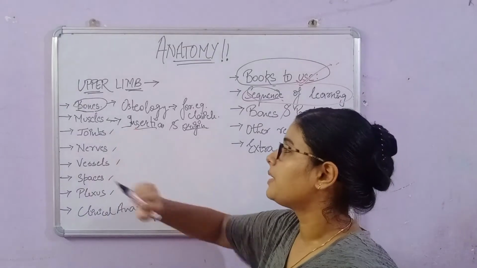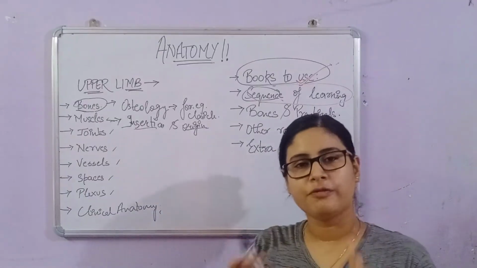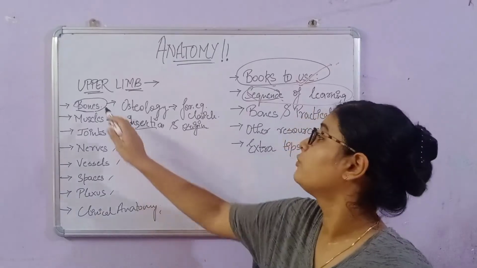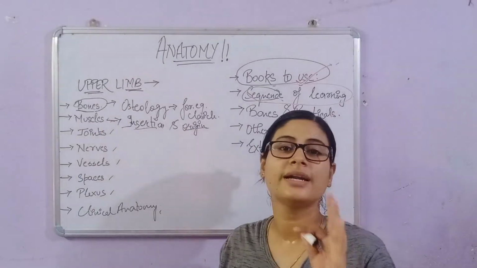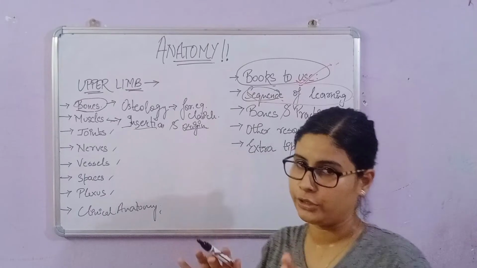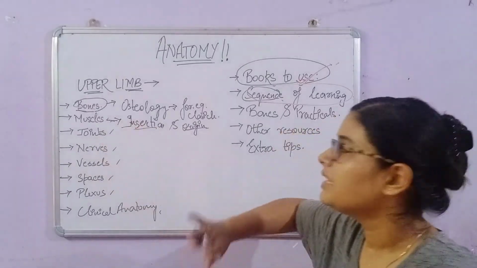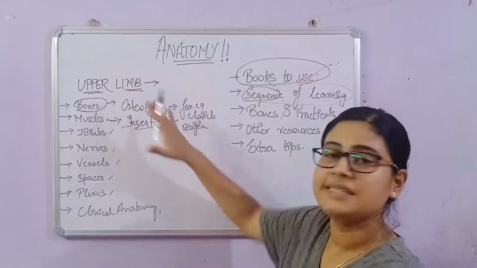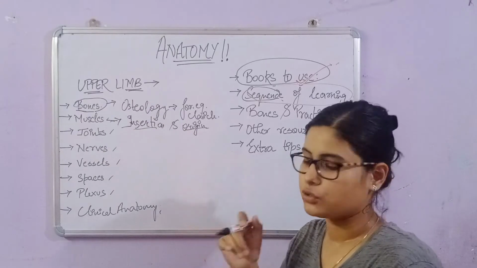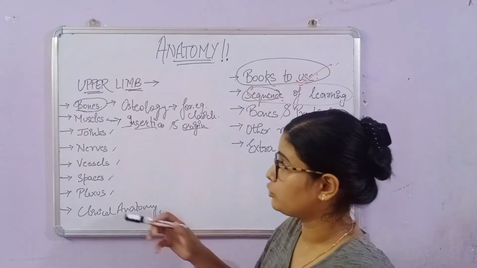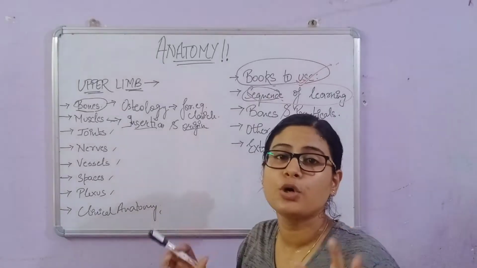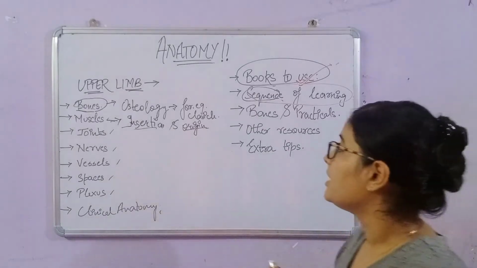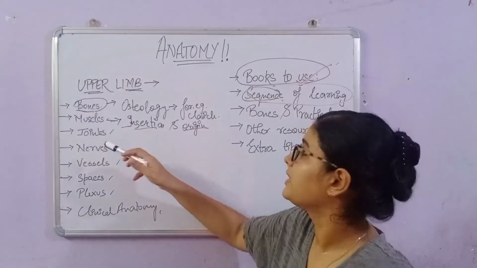So we talked about muscles and bones. The very first funda that I would tell you is to follow up bones first, to learn and go thoroughly with the bone anatomy. Then we talked about muscle. After that you can follow any sequence you want. That is not an issue. But the very first thing that you should do is bones. Always go through bones first. Okay, then we can go through muscles, then joints.